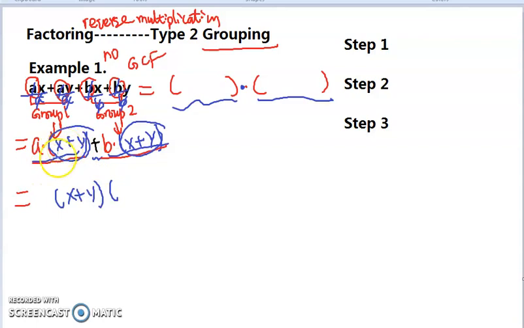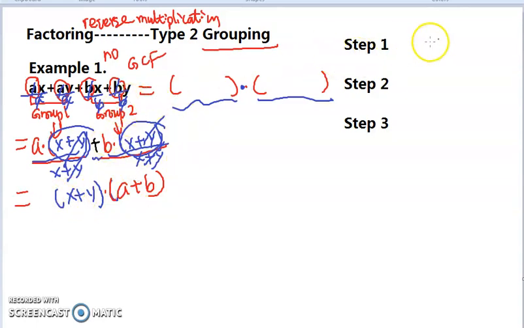And if we divide both of them by x plus y, we're going to cancel these. We're going to have a plus b. And notice the final answer is something times something. So to summarize the steps that we noticed,